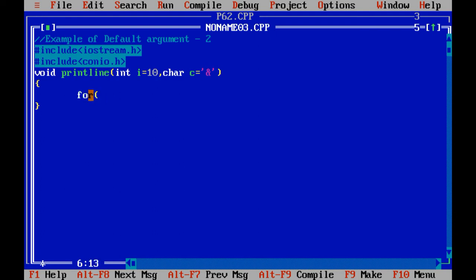I am going to take one loop over here. Integer j equals to 0, j less than i. See, j is less than i. Be careful regarding that, the i variable I have passed over here with the condition. And cout, now void main.